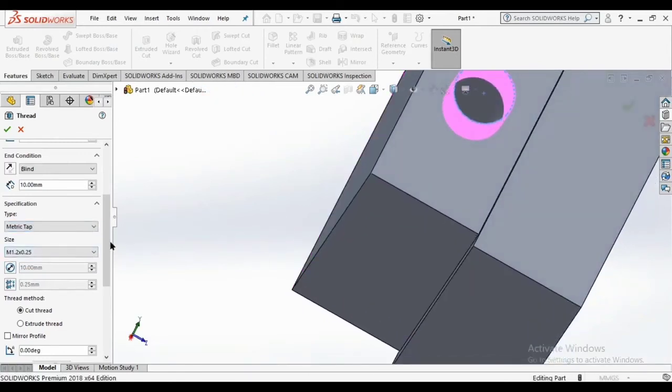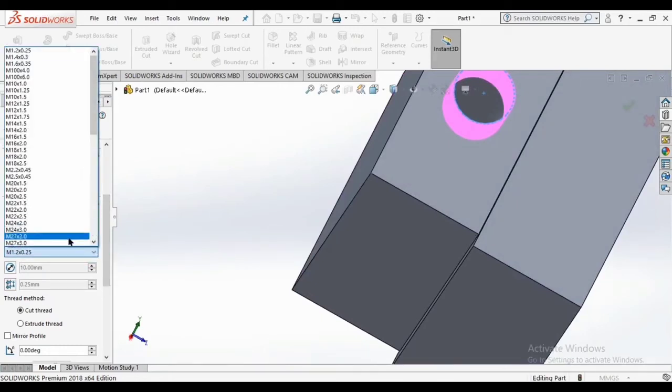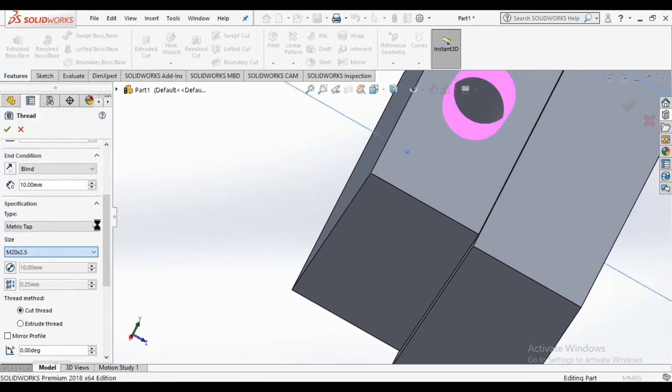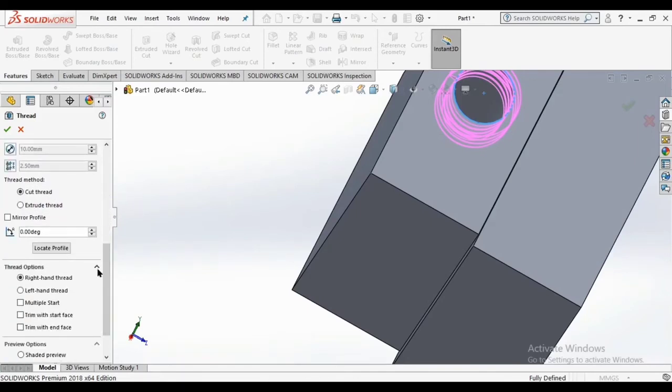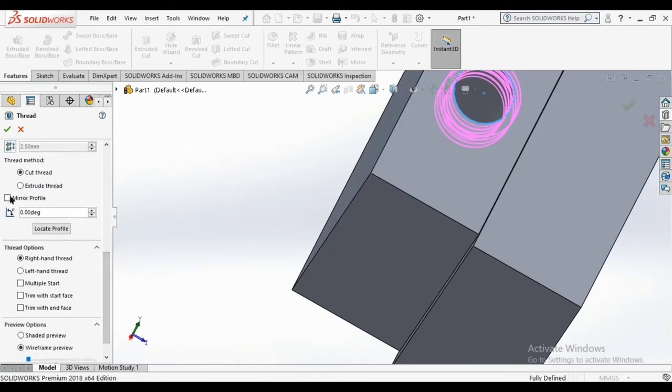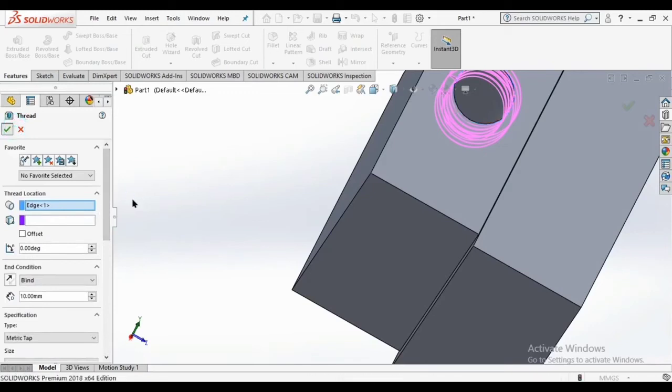After that we have to increase the size, and after that we have to use cut thread, and whether it's a right-hand or left-hand thread is up to you. So click OK.